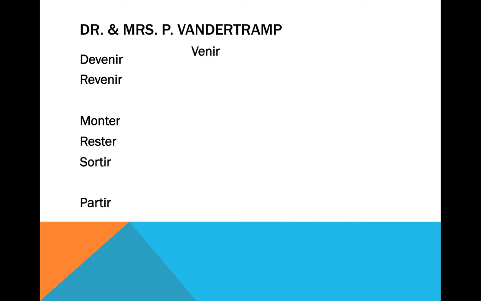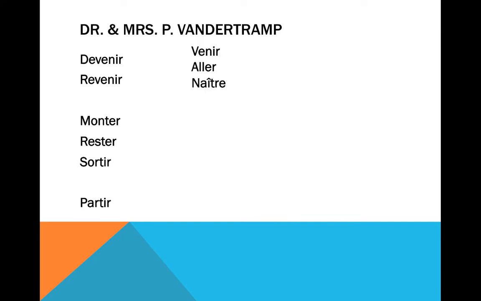Here are those verbs. So any of the verbs that we list that make up this mnemonic device, this acronym, will take être instead of avoir as the helping verb in the Passé Composé. And these verbs are devenir, which means to become, revenir, which means to come back, monter, which means like to go up the stairs, rester, which means to stay, sortir, which means to go out or to leave, partir, which means to leave, venir, which means to come to a place, aller, which means to go,